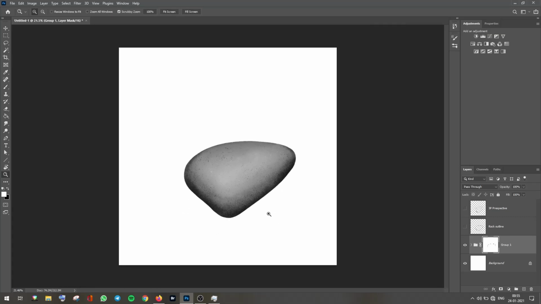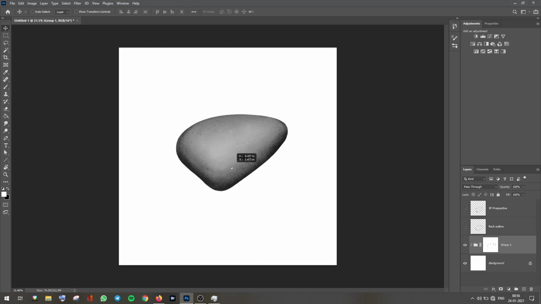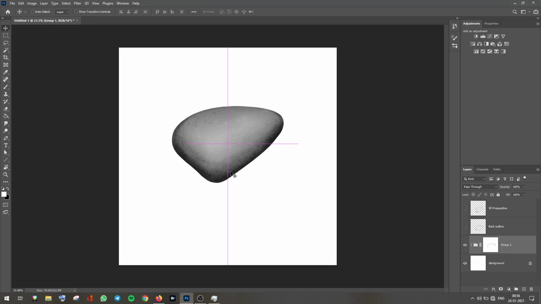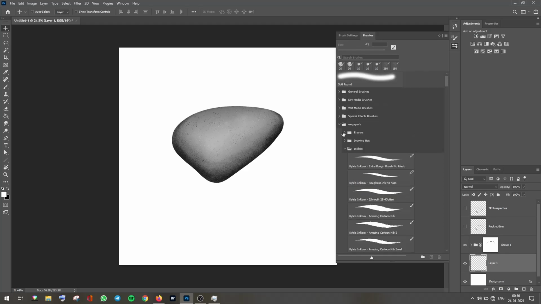Now we have the rock. All we have to do is to add shadow to this entire rock and then finish off the image. So we'll move this layer by selecting the entire group and then pressing on the move icon, which is over here, or using the keyboard shortcut V, move it to somewhere over here and then create another layer at the bottom of the rock. And I'm going to use the texture brush again to create a shadow,